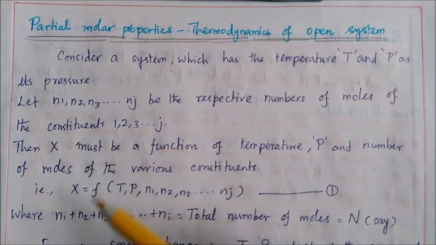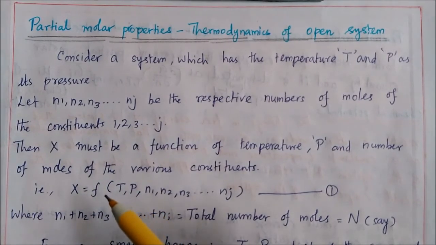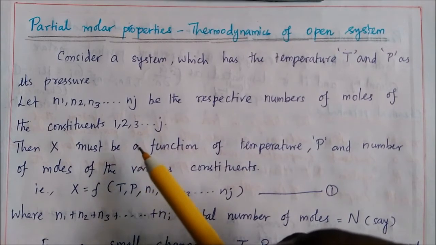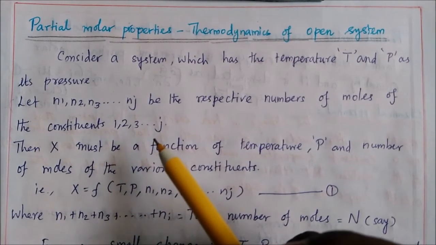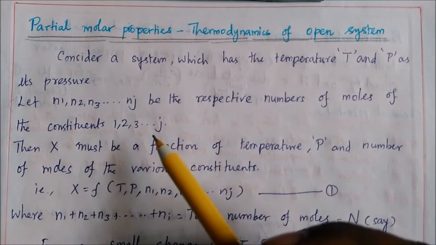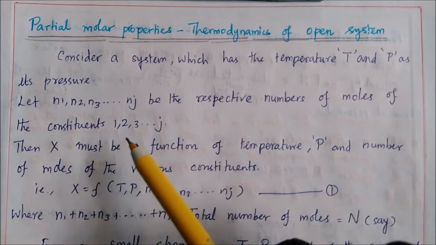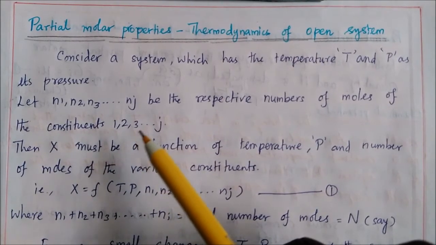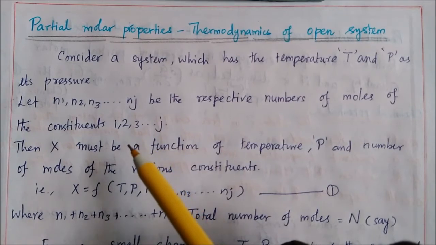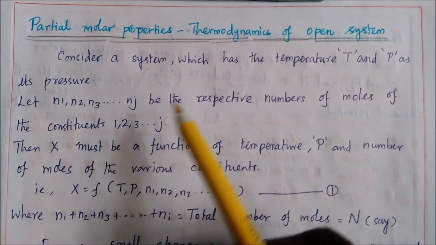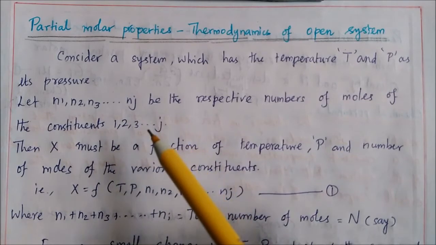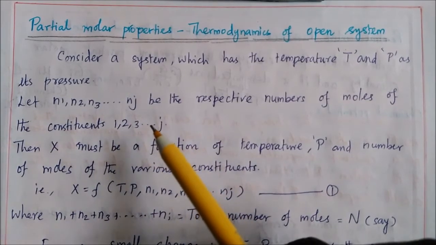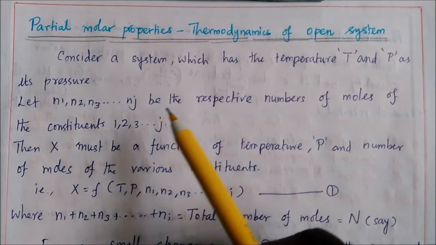And what is intensive property? Intensive property of a system is independent of the amount of the substance present in the system, like temperature, pressure, density, concentration, viscosity, refractive index, surface tension. For example, if we find out the boiling point of pure water by taking 10 ml of the pure water, it will be 100 degrees Celsius. If we take 10 liters and find out the boiling point of the water, then that will be the same